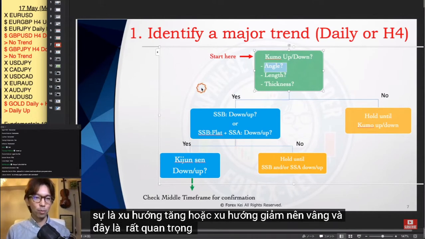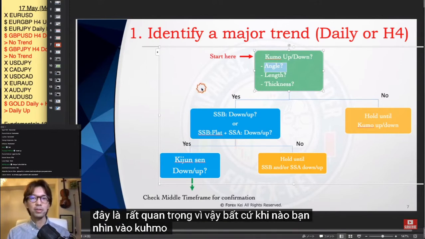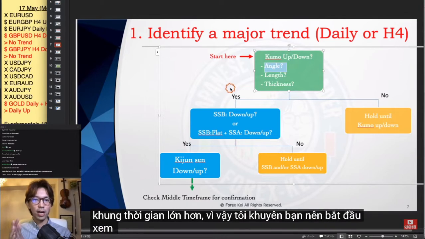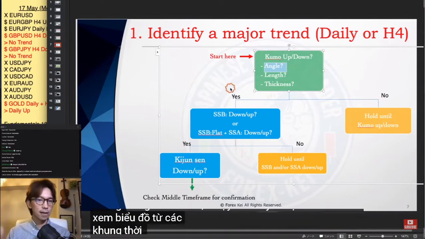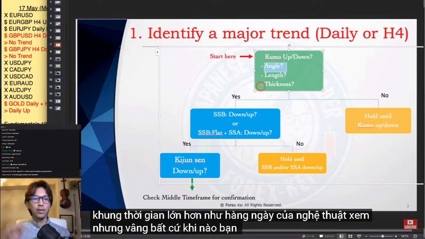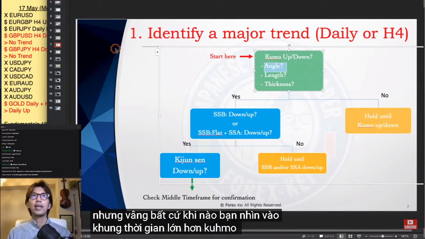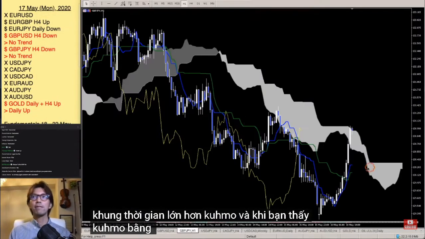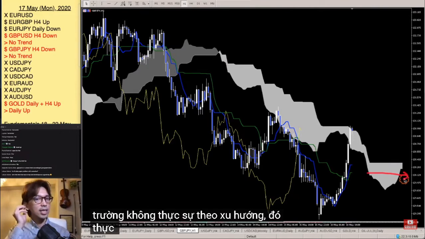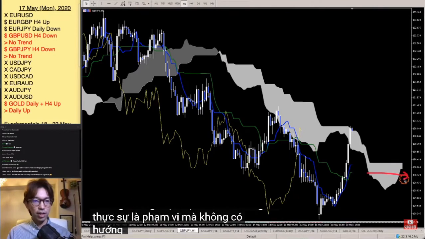And this is very important. Whenever you look at the Kumo in bigger time frames, I recommend you start looking at the charts from bigger time frames like the daily or 4-hour chart. But whenever you look at the bigger time frame Kumo and you see the Kumo is flat, that means the market is not really on a trend. That actually is the range where there is no direction